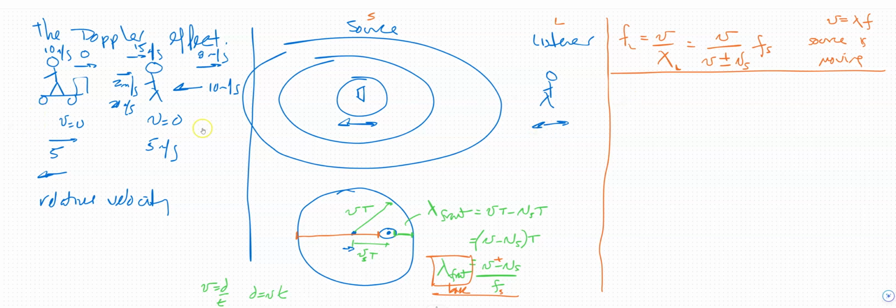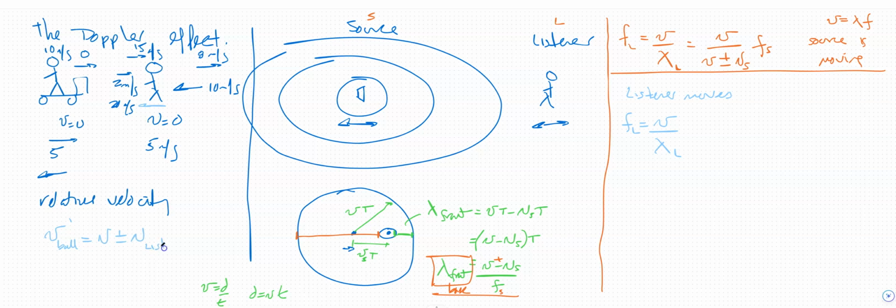Now, what if the listener is moving? If the listener moves, this is still true. The frequency the listener hears is the speed of sound over the wavelength the listener perceives. Now, if the listener moves, you are in this scenario. It's the same thing. The pitcher is sending you balls at 10 meters per second, but now the catcher is moving towards the balls. So the speed of the ball is the perceived speed of the ball. The relative velocity is the speed of the ball plus or minus the speed of the catcher, or in this case,